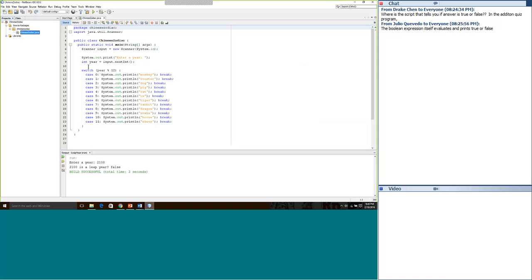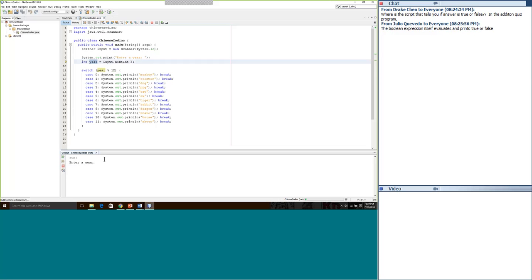We're asking for a year, and we'll put in a year, and we'll put it into the variable year. And then we use the switch statement on year modulus 12. Let's just run this.